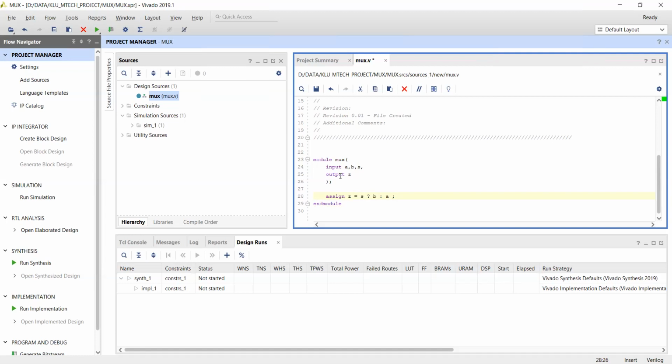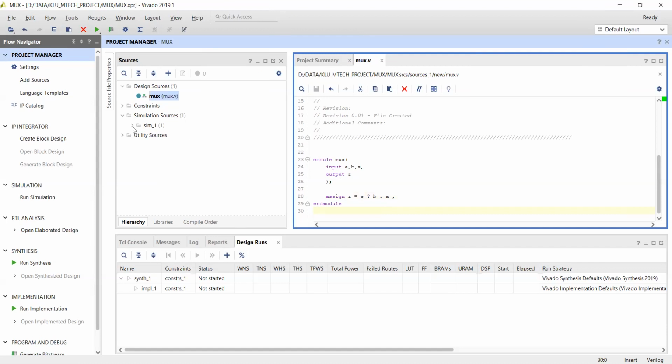I'm using a very simple operator, called the conditional operator. By using the conditional operator, I'm writing very simple code for a 2:1 mux. So I want to save this.